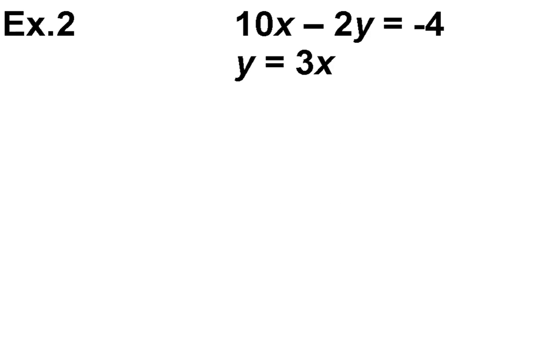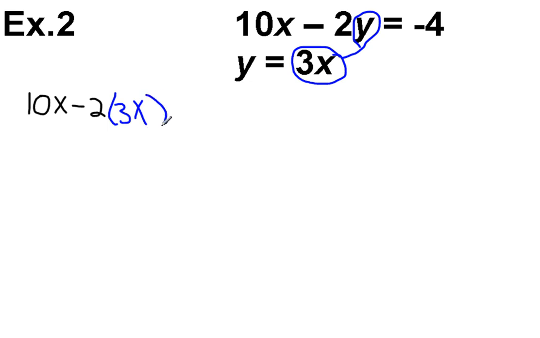Step 2 is to take the other equation and substitute into that equation. So y equals 3x in the second equation. I'm going to plug that in for y. So I'm going to rewrite this 10x minus 2, but instead of times y, I'm going to put what y equals, which is 3x. And then that equals